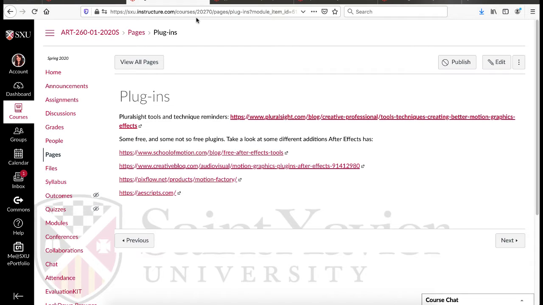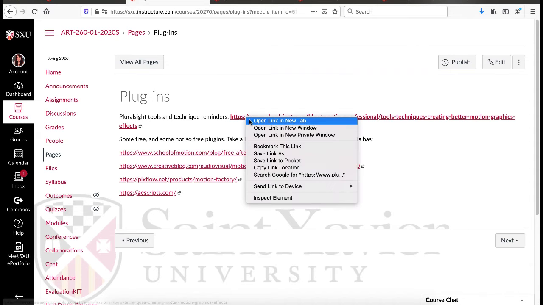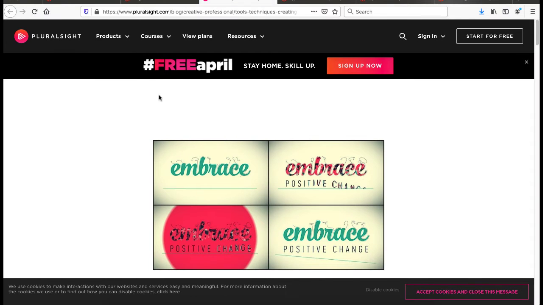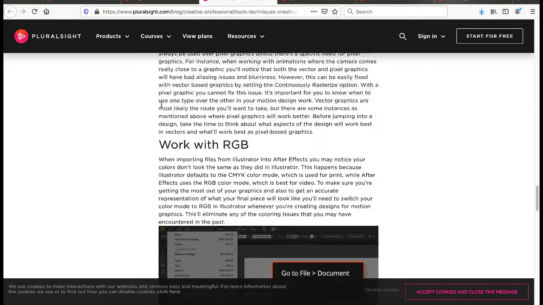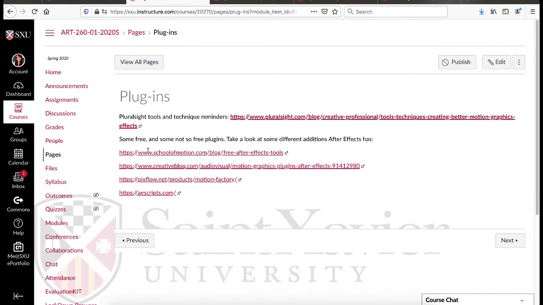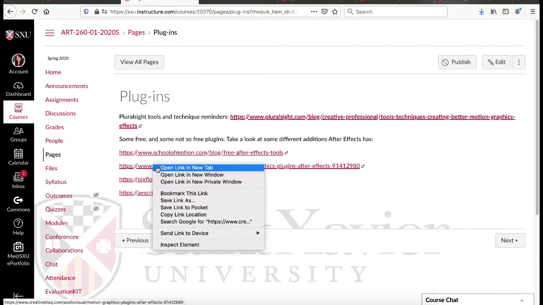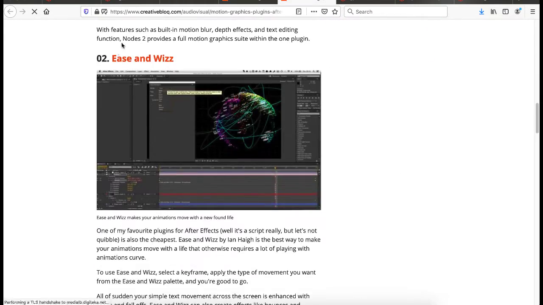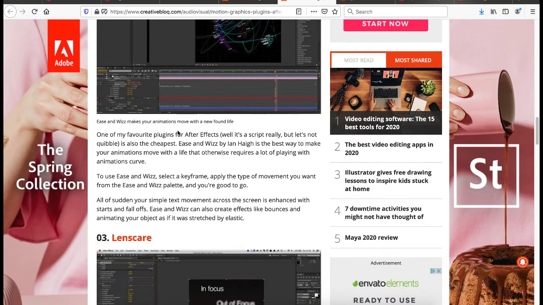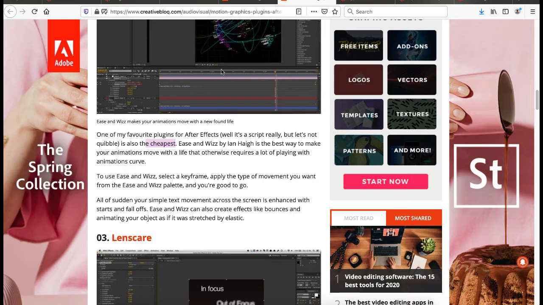So I just give you some pages here. This is a Pluralsight tools and technique reminder, just to keep your motion design looking clean and using the tools. So that's just a top helper. And then I have these plugin pages. I'm not going to open them all, but for instance, Ease and Wizz. It's the cheapest. Now that being said, all of these are not free. Unfortunately, some of them can be very expensive, but when you see what some of them do, you're not surprised. Sometimes you can be surprised, but